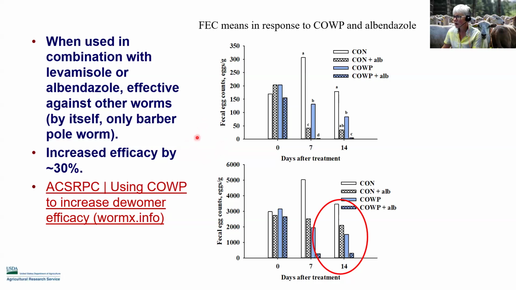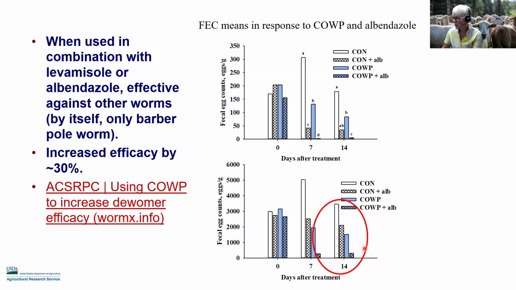So in the study, if we focus on this lower slide here, kind of ignore this one for this slide, again, we're looking at fecal egg counts. We have either control animals that did not get any treatment at all. This was a quick study over a 14-day period. Or we've got animals getting only albendazole, which is Valbazen, so that's the white hatch bars. Those getting only copper oxide, which is just the dark blue bars,